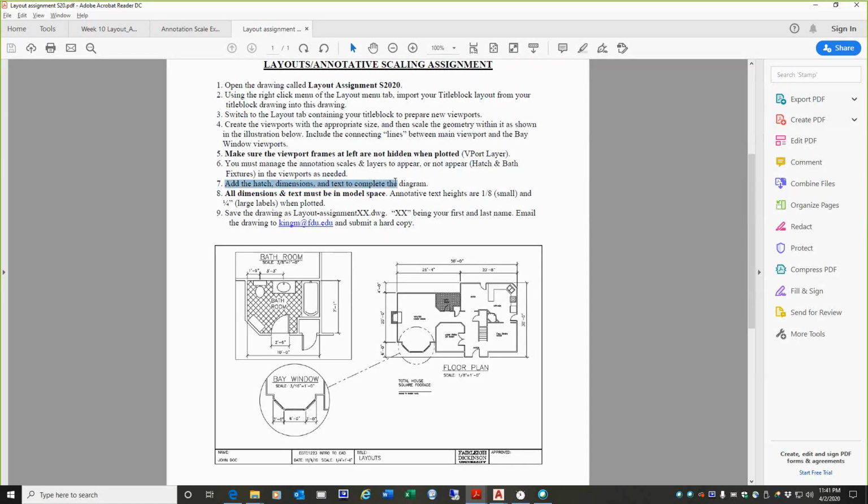Add the hatch dimension and text to complete the diagram. Okay? All dimensions and text must be in model space. I shouldn't be seeing, when I check your drawings, I don't want anything to be in layout space. Annotative text types: small 1/8 inch, big 1/4 inch. Okay? Somewhere it mentions this,